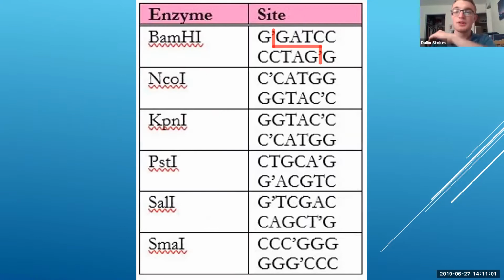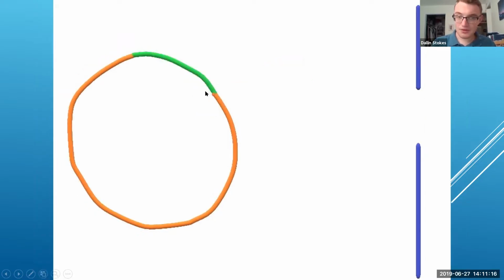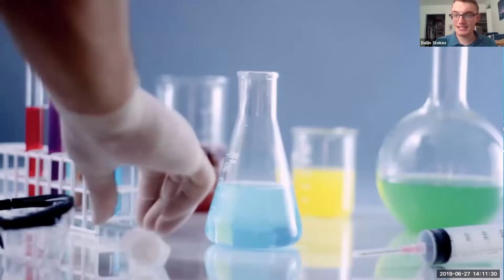Okay, so we find the sticky ends that match up properly. We cut the DNA out over here. We cut the gene out over here. We cut the DNA on the plasmid. Opens that up there. Now all we have to do is transfer the DNA over, use DNA ligase, if you remember, to seal the nicks in the backbone. And ta-da, then all we have to do is throw that in a test tube with a bunch of bacteria,